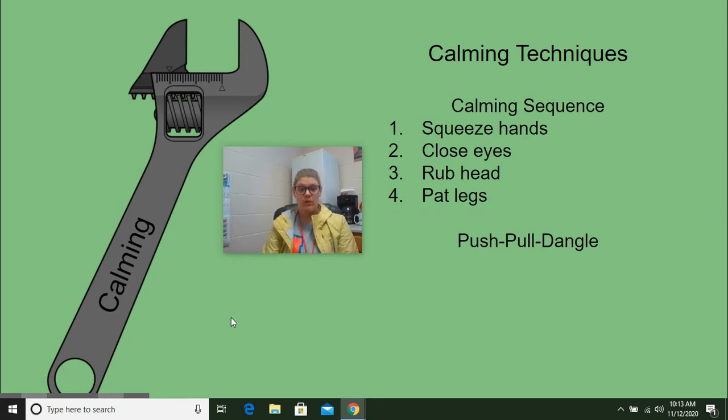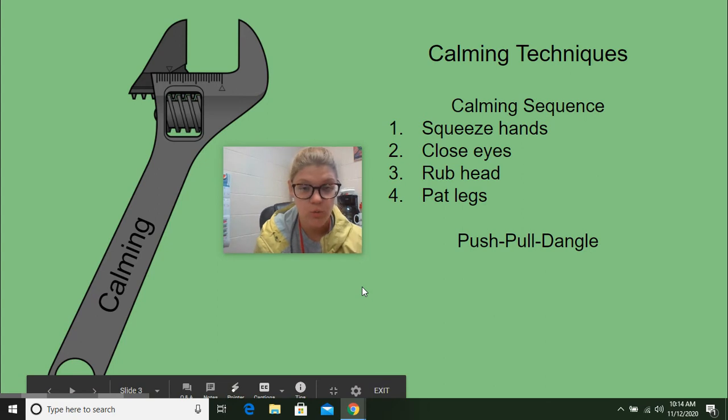Push, pull, dangle. Push down, and maybe you can do some counting, which we're going to talk about next. You can push down, 1, 2, 3, 4, 5. Push up, 1, 2, and then dangle your feet. Just relax your body and dangle your feet, and you'll feel more relaxed, okay? It kind of is taking the energy, just like with the calming sequence, it's taking the energy out of your body and putting it in an object, which is your chair, okay? All right, so